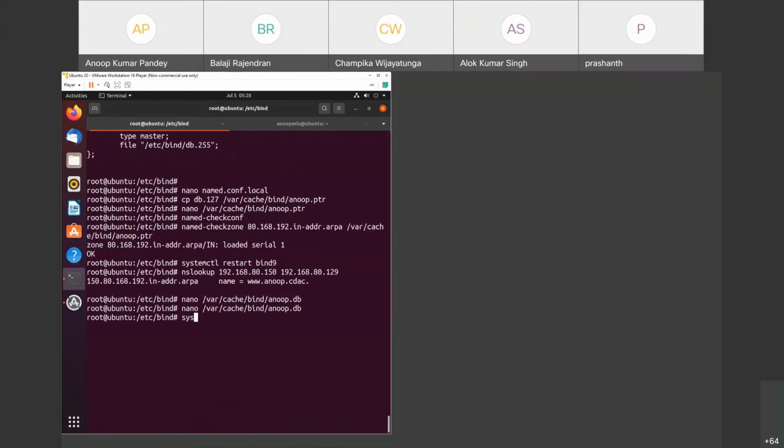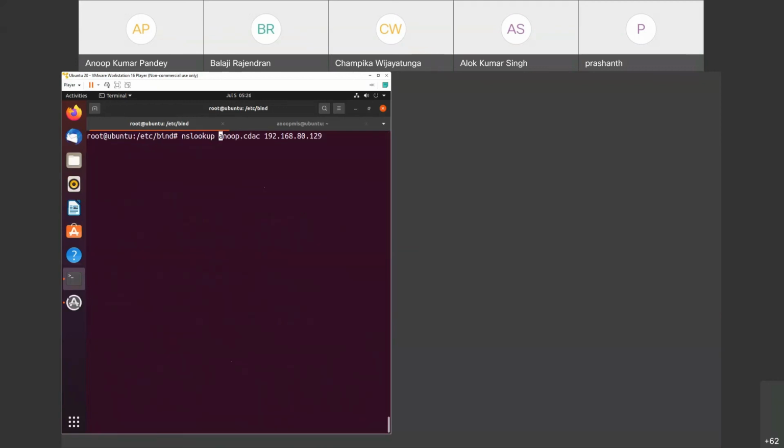Okay, so systemctl restart bind9. In nslookup, we write -type=MX. And you can see that it has returned me the mail exchanger webmail.anup.cdac. So that was how we can add a mail exchanger.